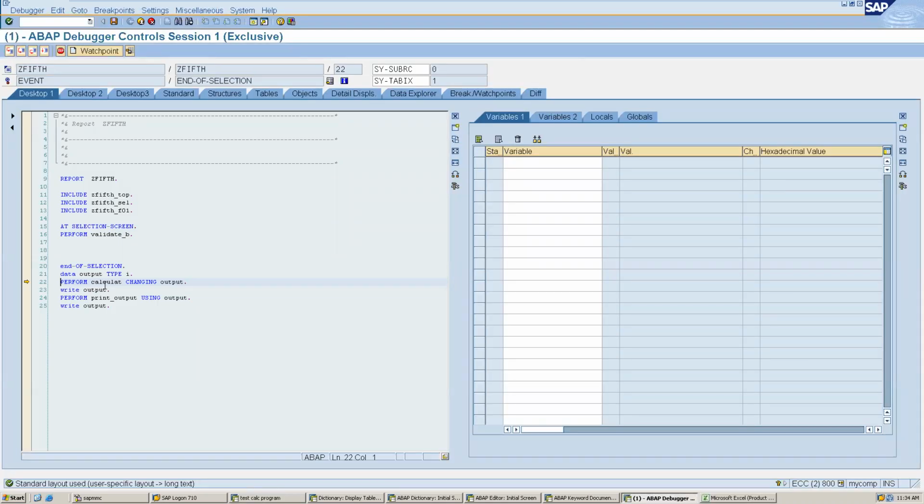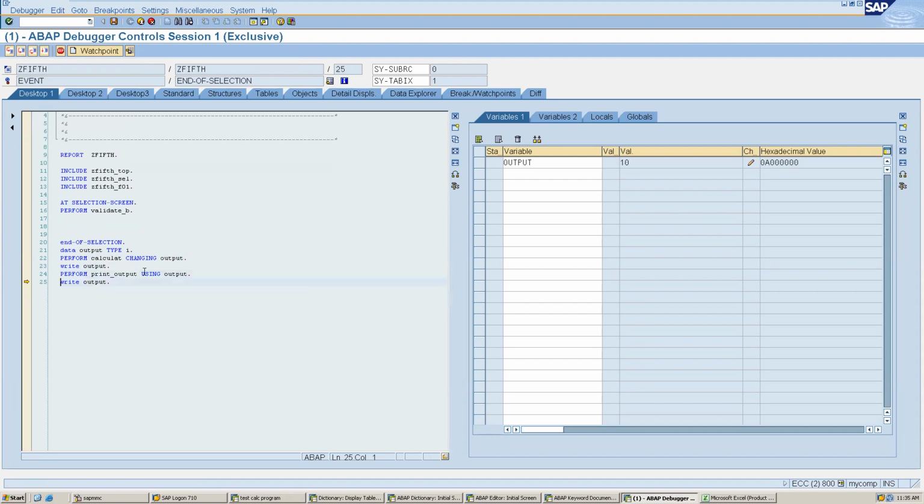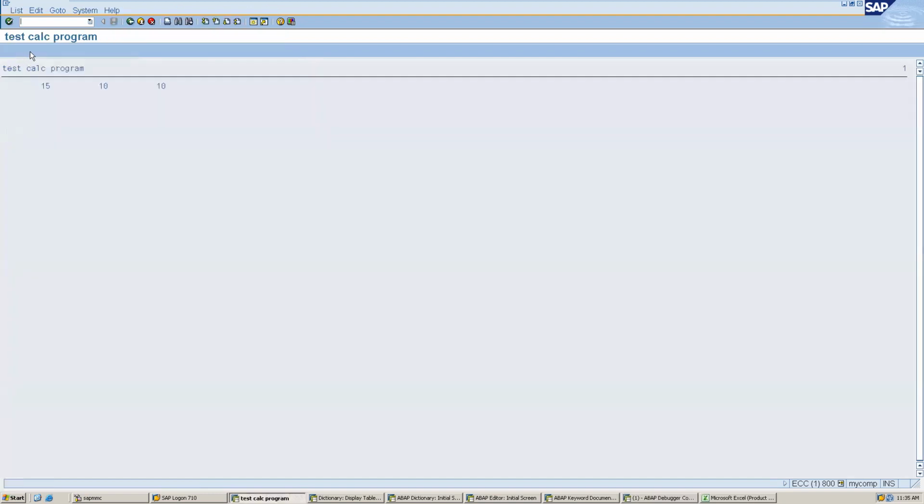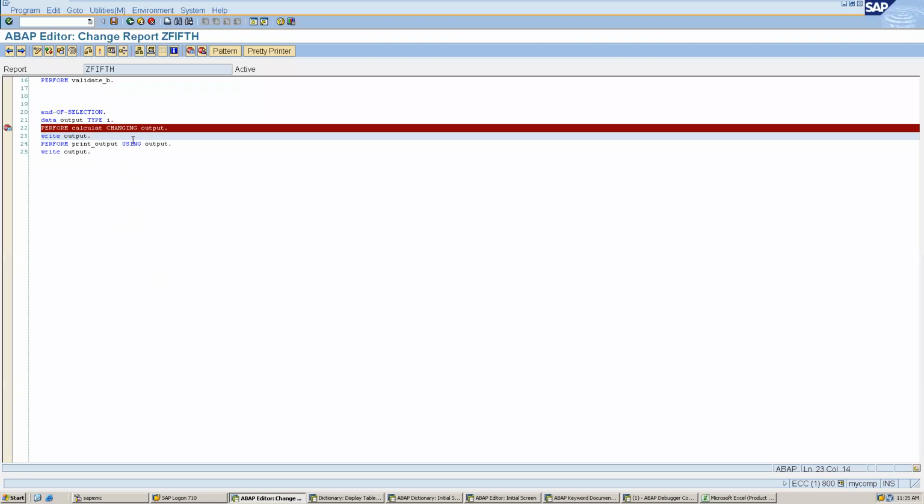First of all, it will calculate the output value. Currently output is 0. It has calculated output as 15, and now it will print 15. Inside this, it has changed output to 10. Now it will print 10. So 15, 10, 10. Actually, we use using when we do not want to change this value,